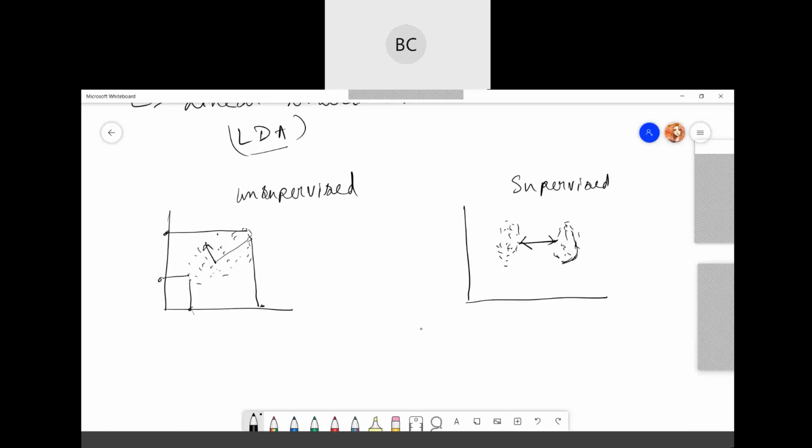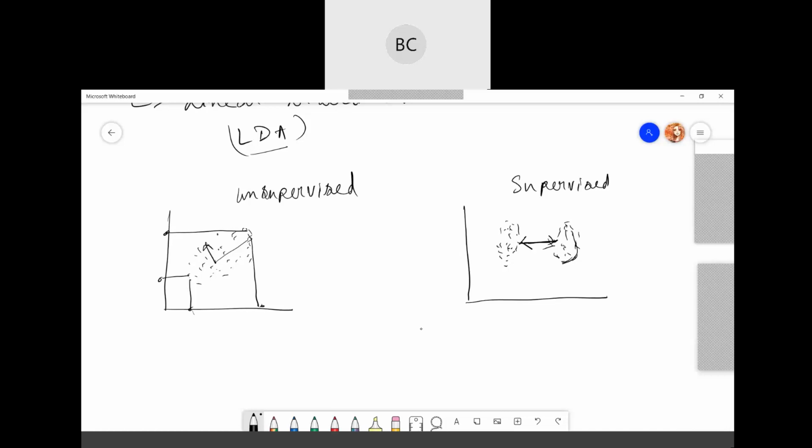This is class A and class B maybe. LDA makes assumptions about normally distributed classes and equal class covariance.